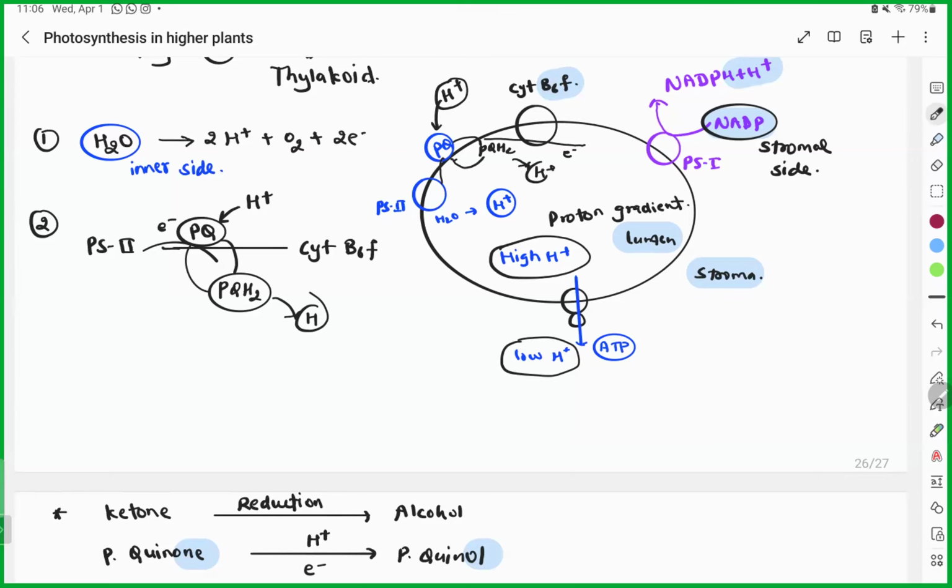Now this is the process. When you transport electron from PS2 to PS1, plastoquinone is saying, no, I don't transport only electron, I need hydrogen. So it's basically a bribe. Plastoquinone says, I need money, only then I will transport your material. So plastoquinone alone cannot transport only electron, it needs hydrogen. So hydrogen will be transported inside. So imagine